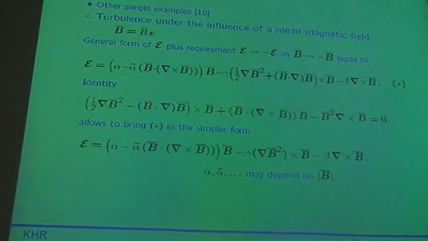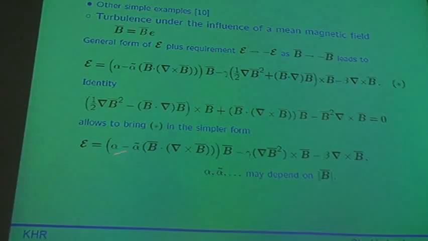then you can give a certain form of E, but since Lorentz forces, which are important, are independent of the sign of B, and in this consideration of the sign of B bar, we should require that E changes sign if B changes sign. And if you do this, you can derive from the relations I gave before such a relation for E. Here is a bit of mathematics, there's an identity,